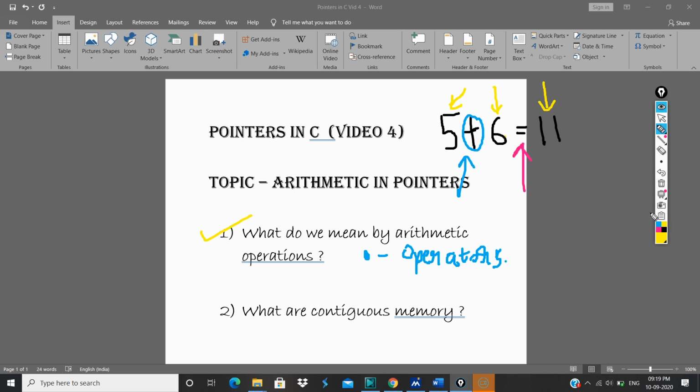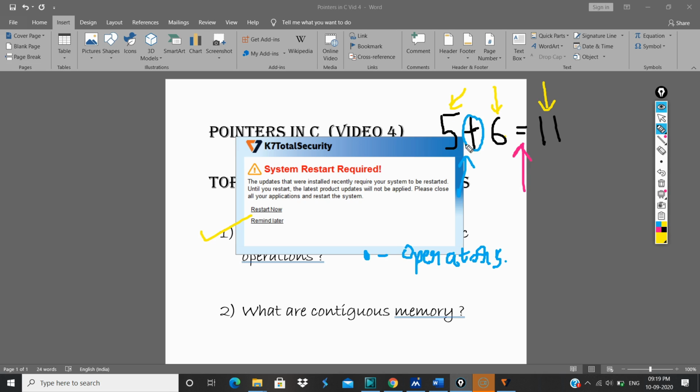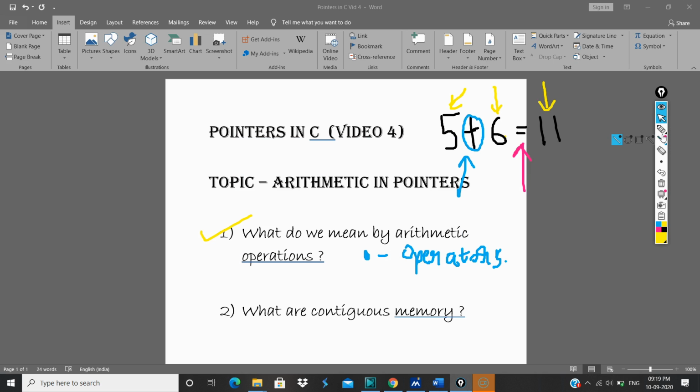Alright, so in the computing world, the thing or the number that appears on both sides of this particular operator is basically known as an operand.